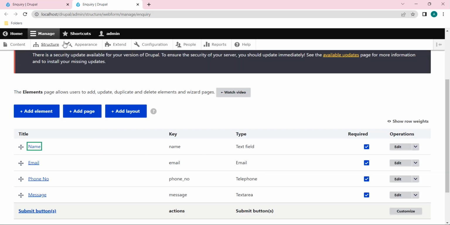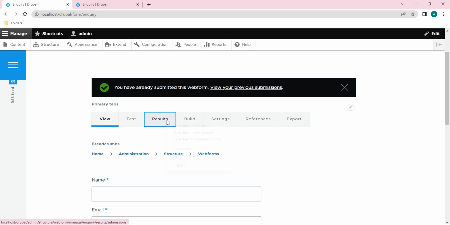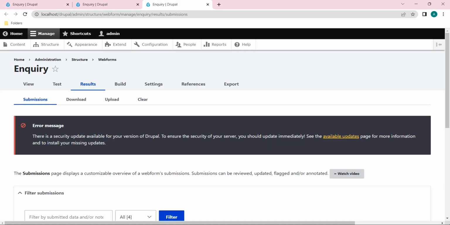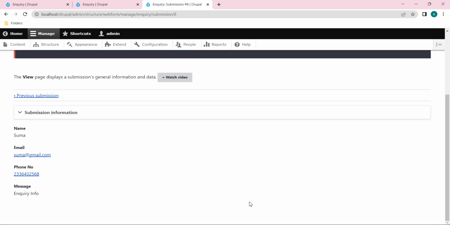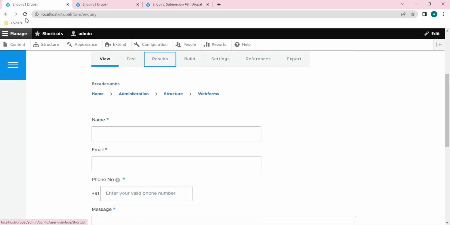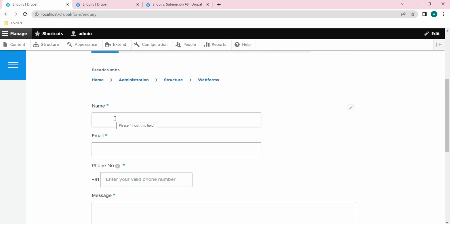Let's see that result. Just click to open this result in a new tab, and here you can see the detail of that Suma. So this is one name we have created. Now I will try to fill one more